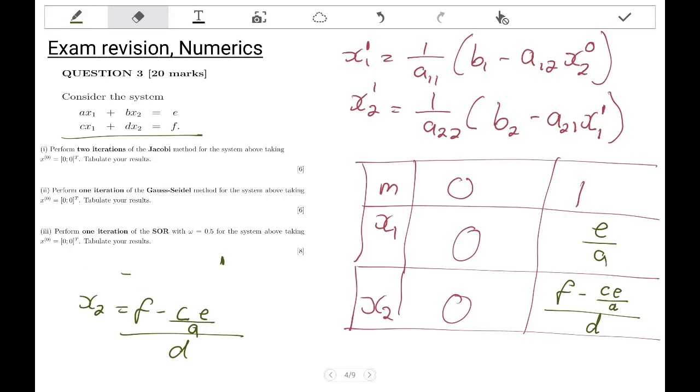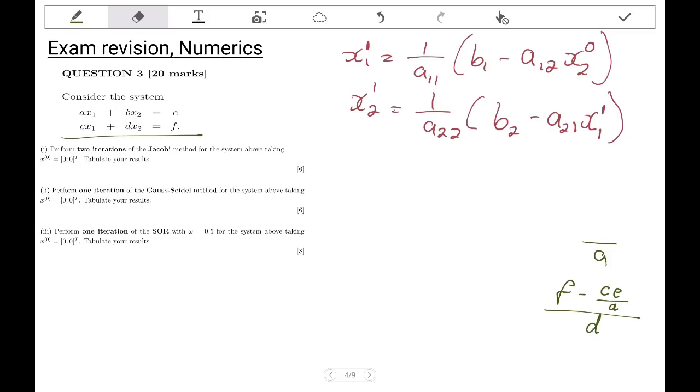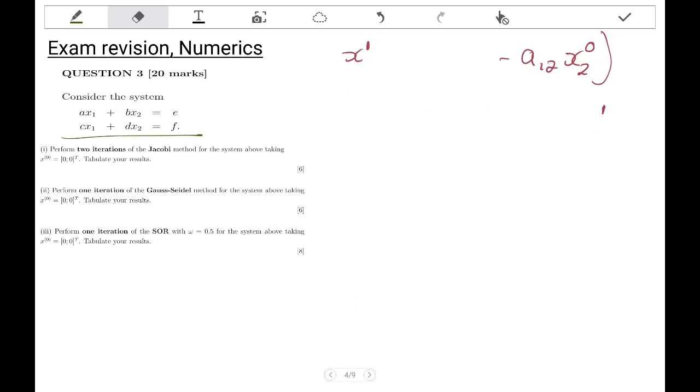So that's your answer. Now we're moving on to the last question, which is the SOR method. For the SOR method, the algorithm is still the same. It's just that you multiply by W. Since we are given that we should take our initial values as 0 and